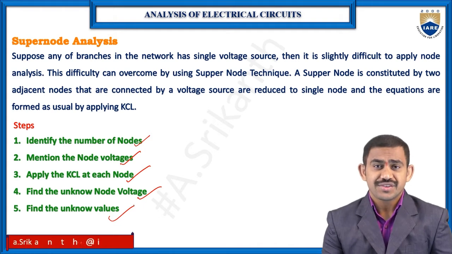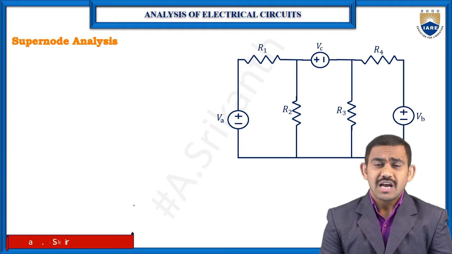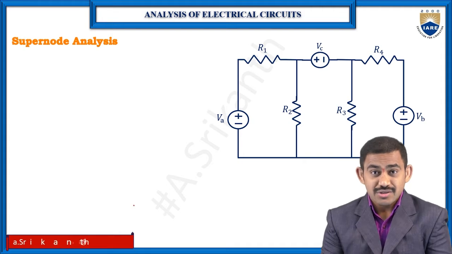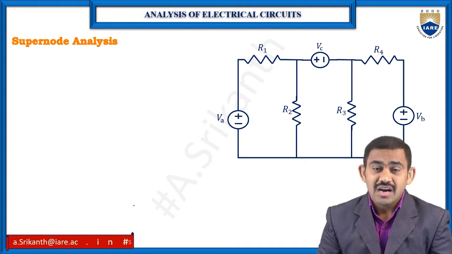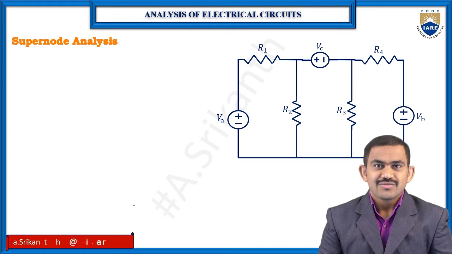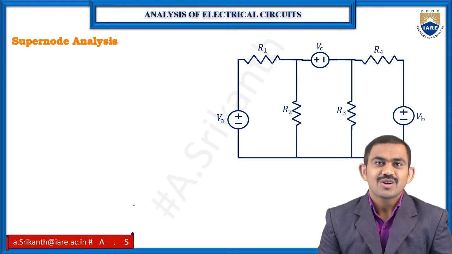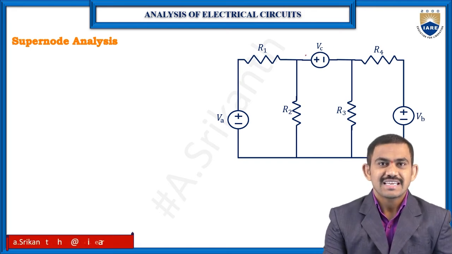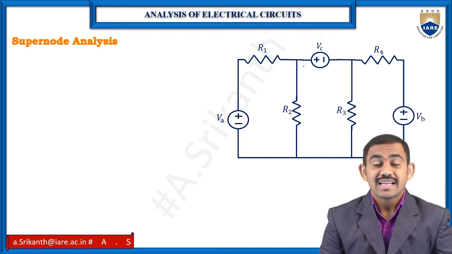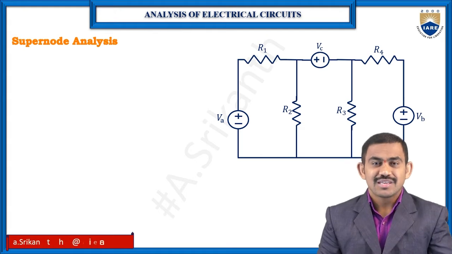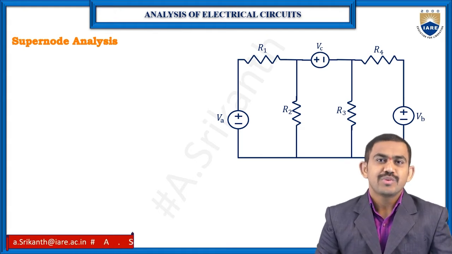Now we'll check the circuit. So this is my circuit. Just observe clearly. The examiner may ask you to use node analysis, then just observe the circuit. You need to use the node analysis or the supernode analysis depending upon your circuit. So in this circuit, which analysis do I have? Supernode analysis. Why supernode? I have one voltage source VC, that is an ideal voltage source, in between two nodes. So I need to use the supernode technique.